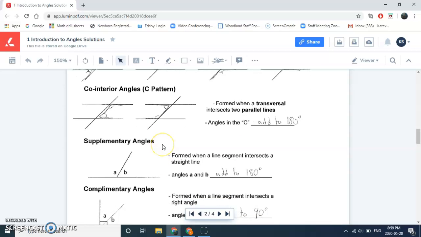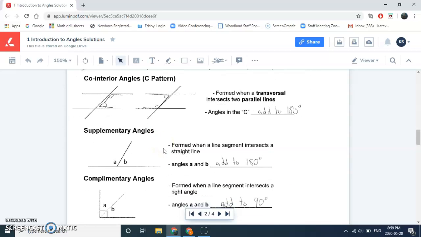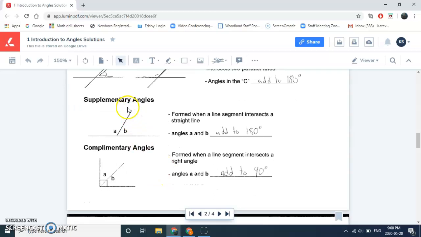We have supplementary angles. And this is formed when a line segment intersects a straight line. So we have our straight line down here and we have a line that just comes through. And we see we've got A and B here. Well, if we were to figure out with a protractor what this degree is, and if we were to then add it to what B is, it's going to add up to 180 degrees. And we know that because we know that a straight line from one side to another is 180 degrees. So A plus B will equal 180. So supplementary,